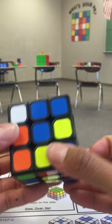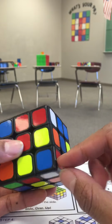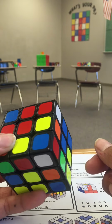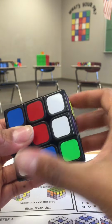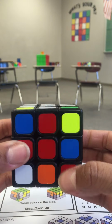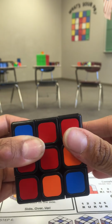Blue and red. So notice how your cross color's on the bottom. Whenever your cross color's on the bottom, I put it between where it's supposed to go. See, blue and red, red and blue. So it's supposed to go up there. So here's what I'm gonna do. I'm gonna go side, over, up. Then I make sure that this red matches with a red piece, and I go side, over, up,